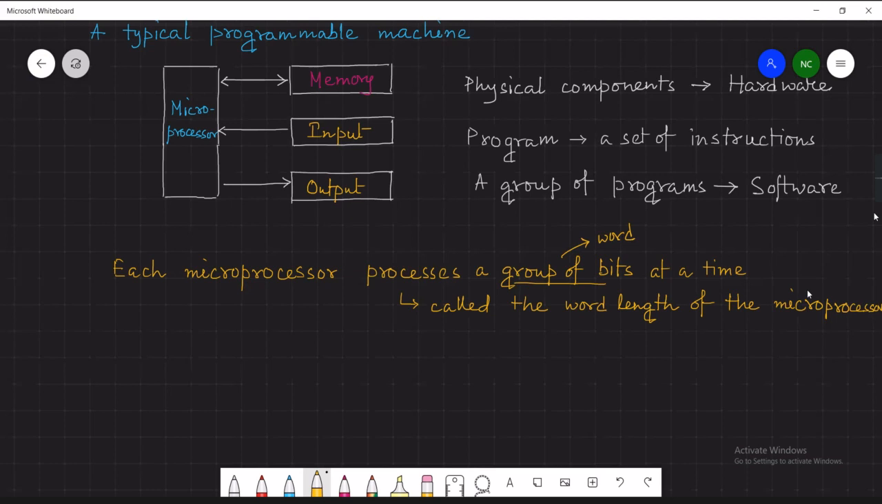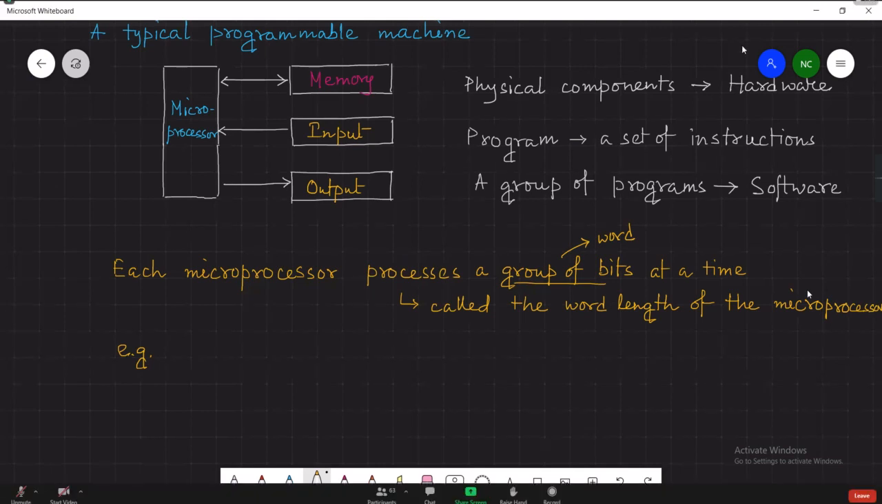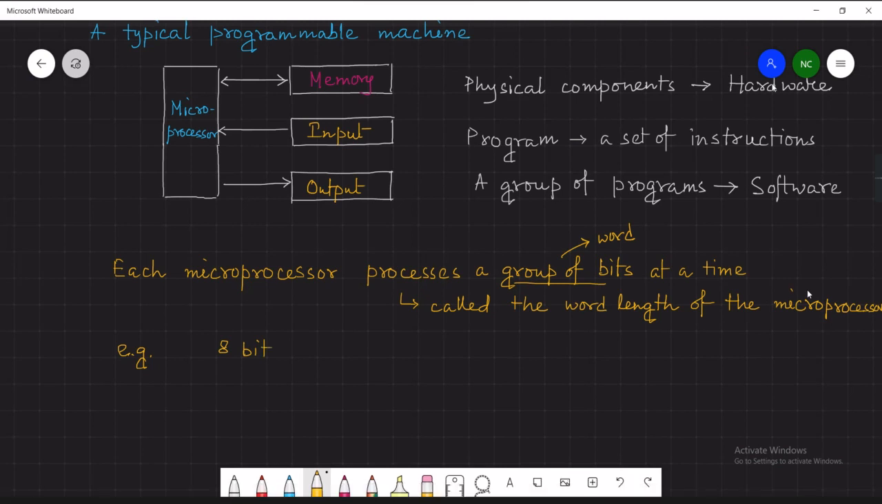For example, if a processor can process 8-bit